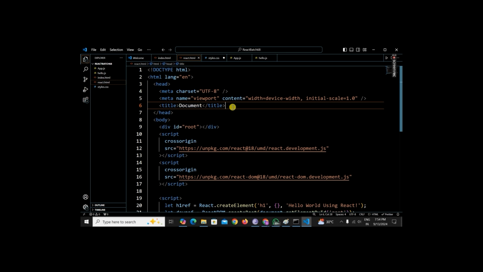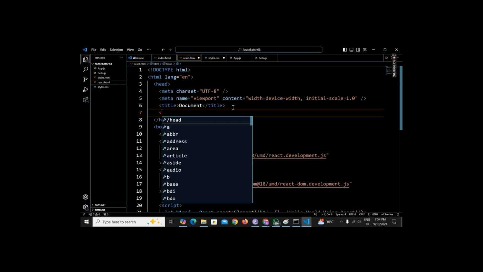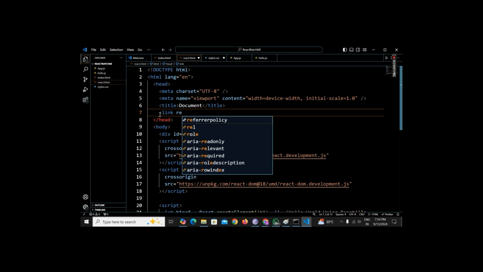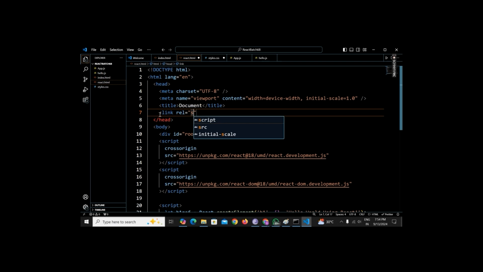So go to the head part, and how to link you already know, right? Style sheet. So here I'm mentioning link rel equal to style sheet, and src equal to,